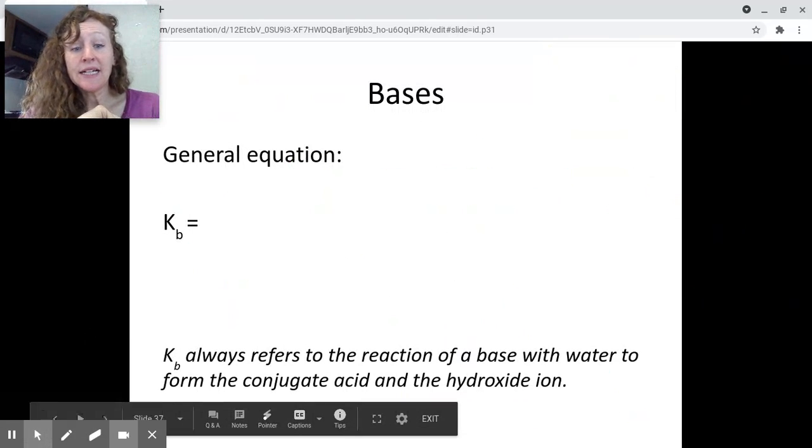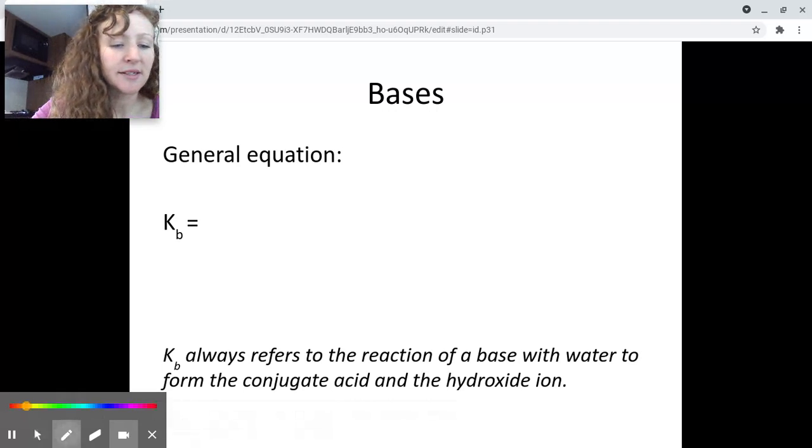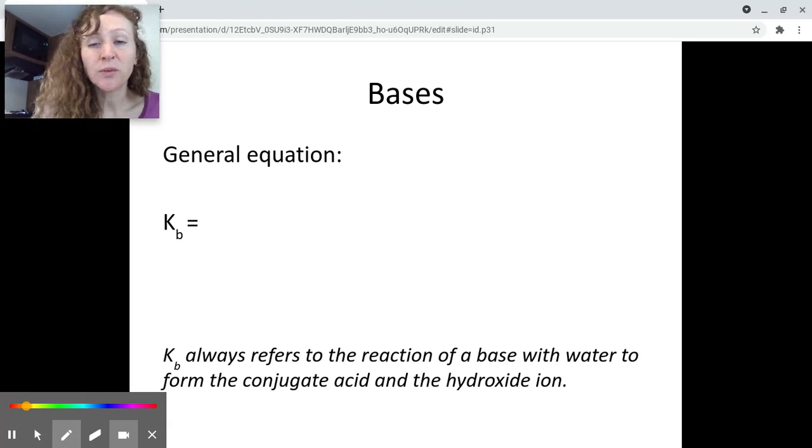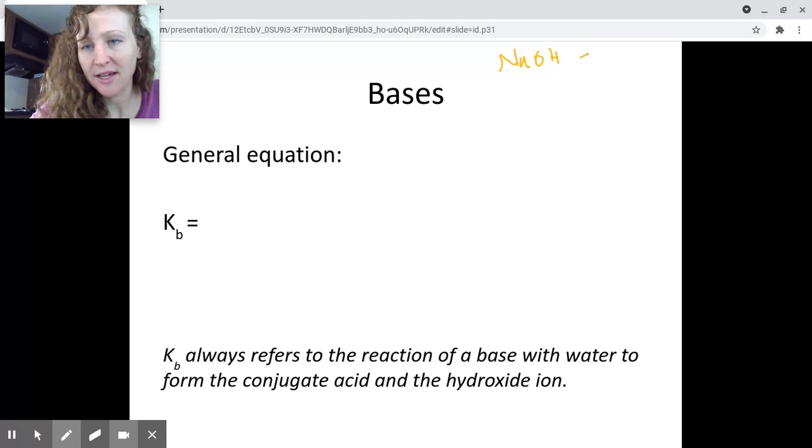Okay, let's do this with bases. So we can write general equations for strong bases and weak bases. We just did it, right? For sodium hydroxide,